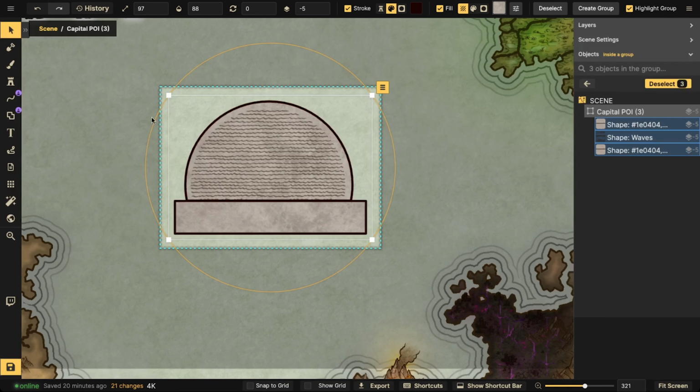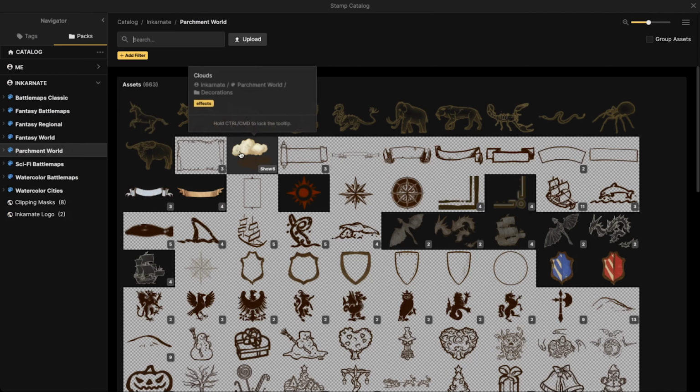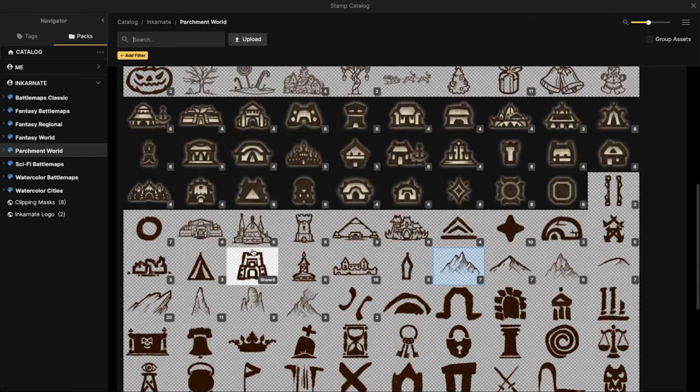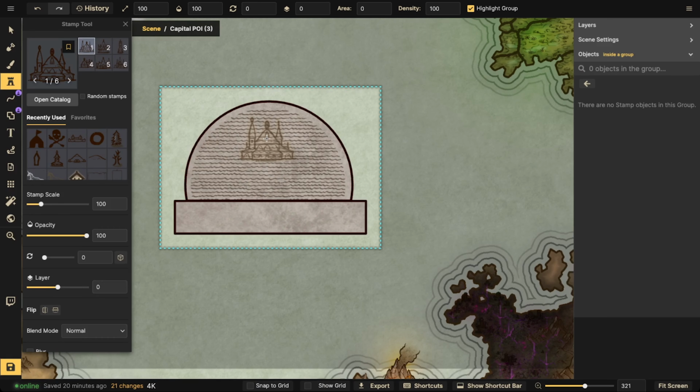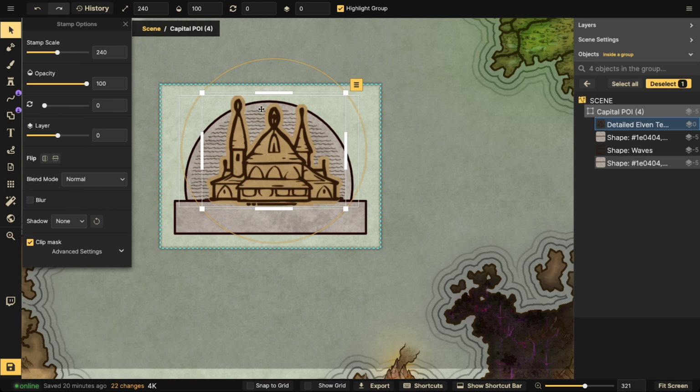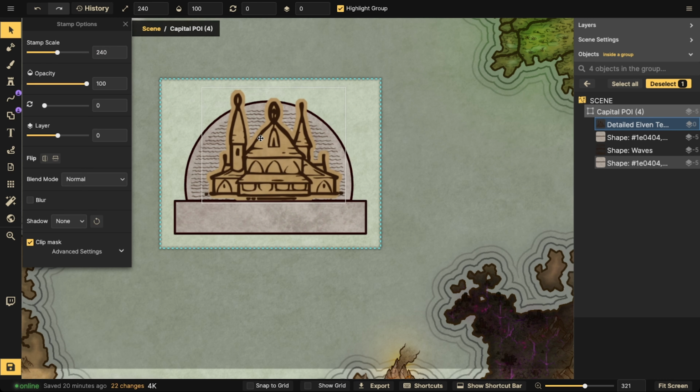And then I'll go ahead. I'm going to open up that group and I'm going to choose a stamp that I brought to represent a capital. I think this one right here is a nice stamp. I'll just place it. I'll even have it overlap just a little bit. So I want that tower to overlap outside of the circle there. And I'm going to bring this up a layer. There we go. Now I have this nice capital